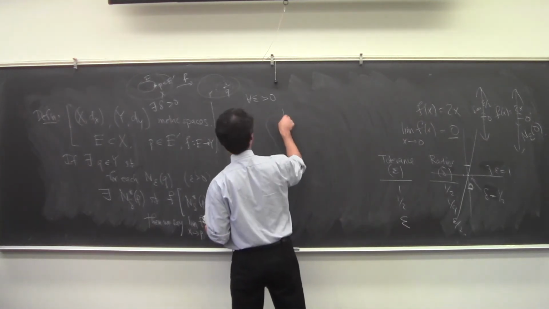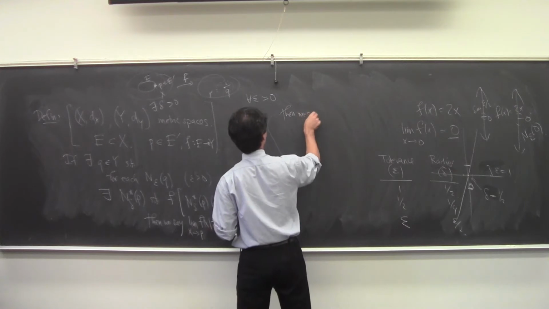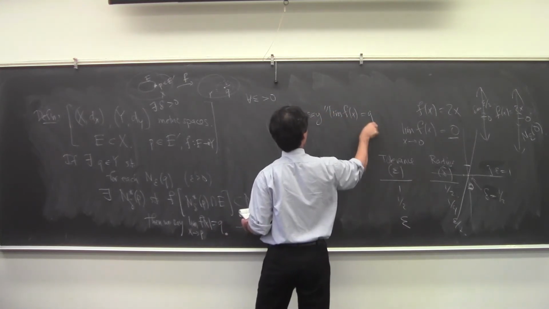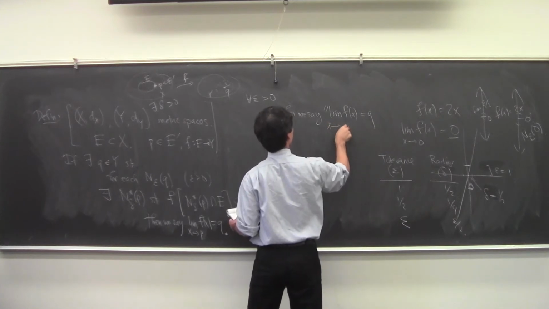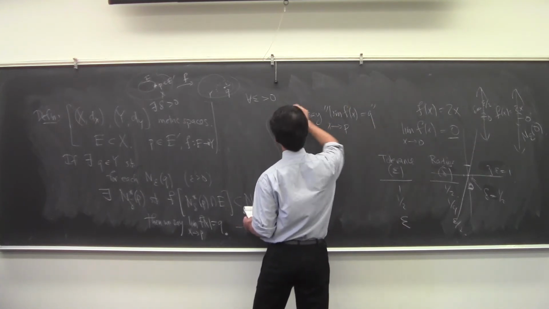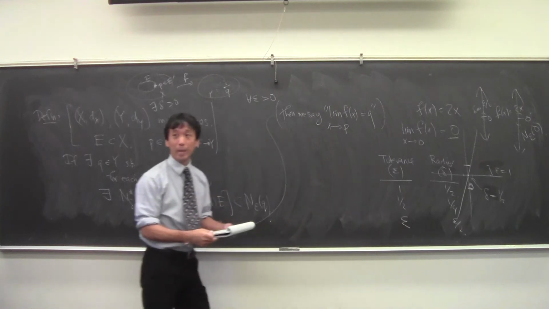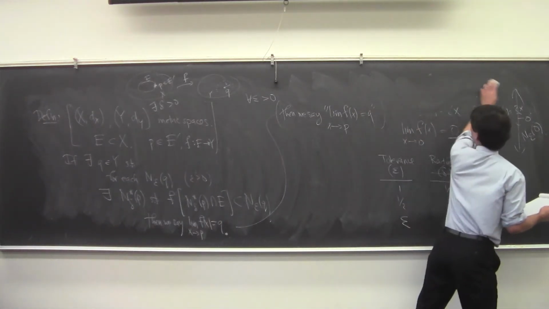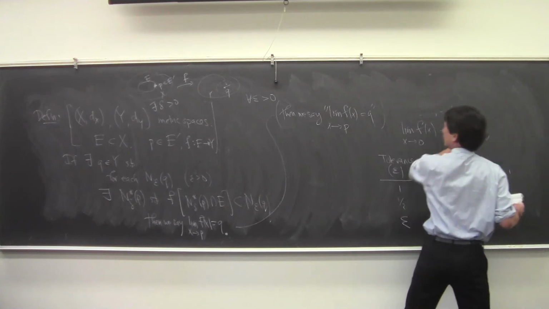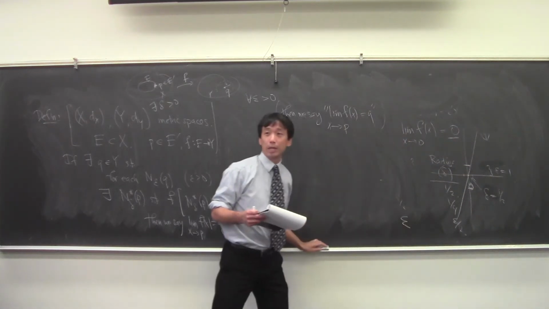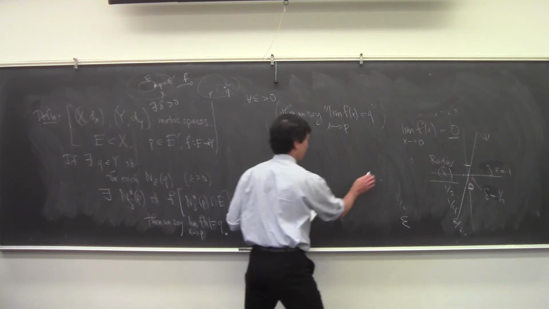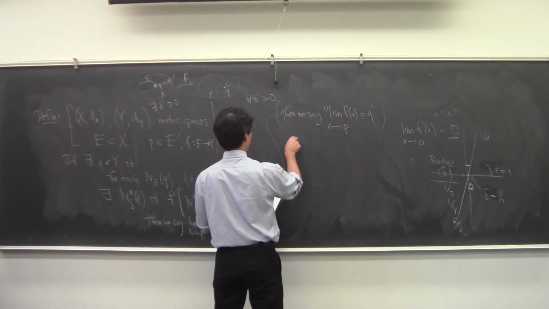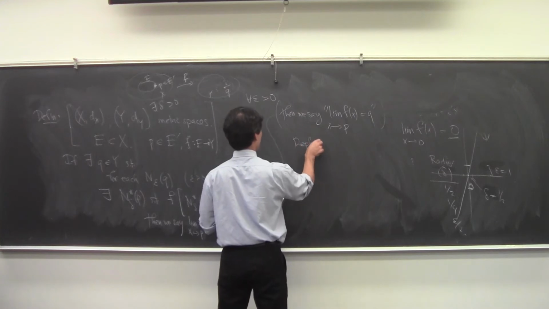Let me write that again. Then we say that the limit of f of x is Q as x approaches P. For those of you in the back who can't see it, I'll write exactly the same thing again. Rephrased, but it's exactly the same statement.